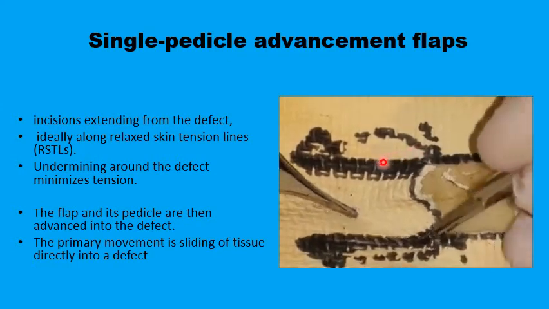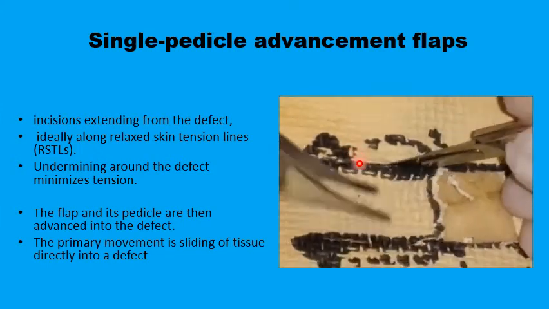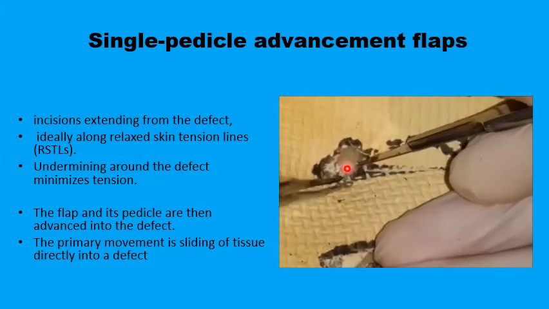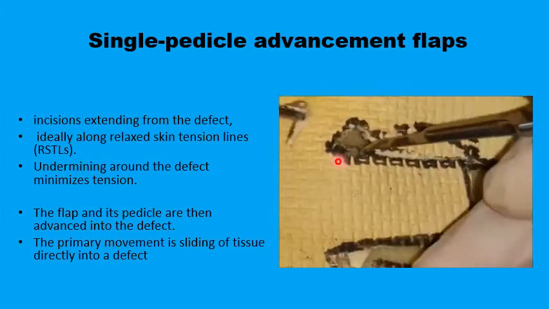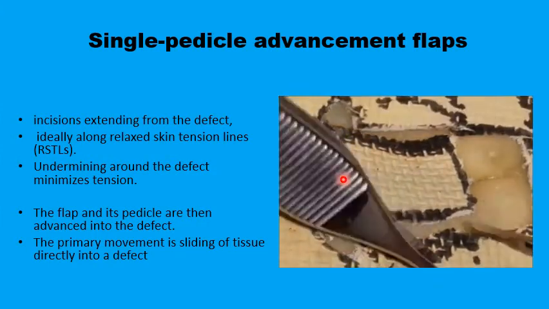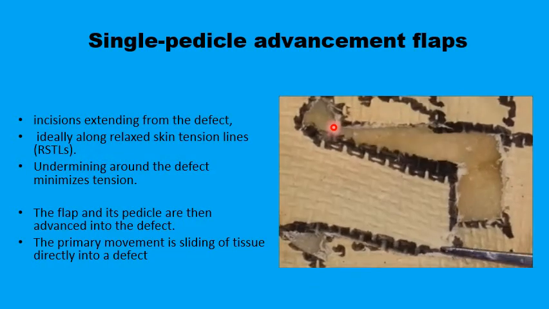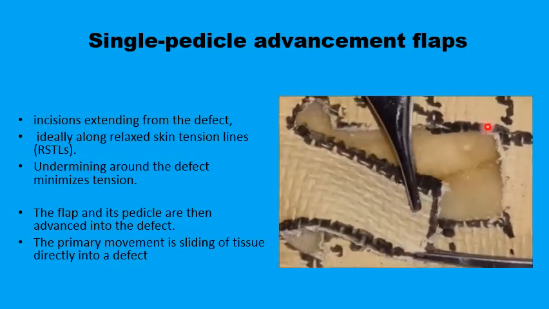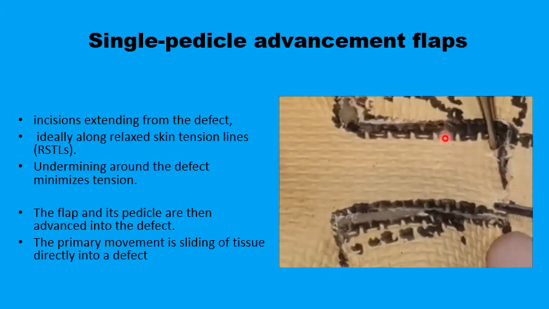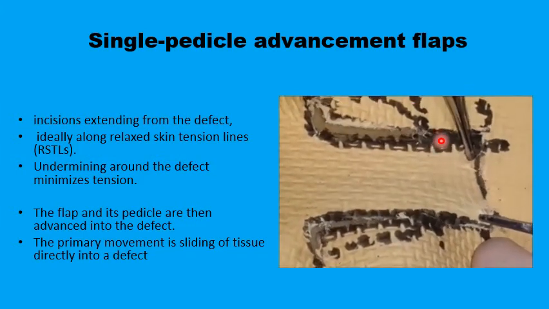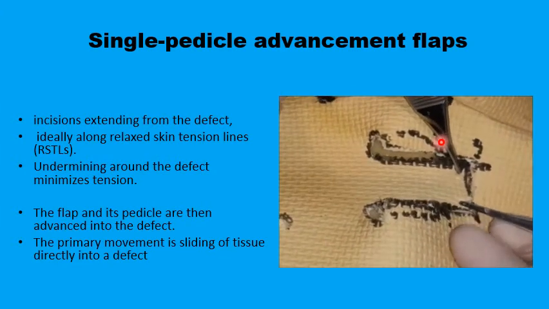to its length will be double its breadth, and you've also planned the Burrow's triangles at the base, two smaller triangles with equilateral triangles. The length of any of the sides of the triangle is half the length of the breadth of the defect. Now you can mobilize the flap to fill up the defect after undermining widely around the